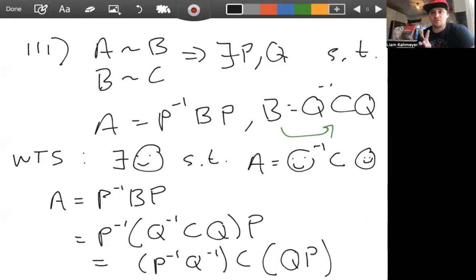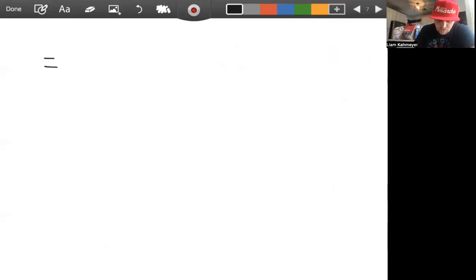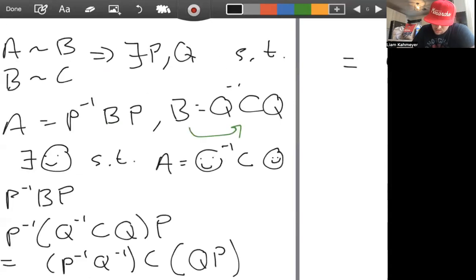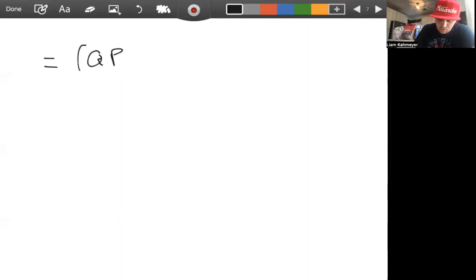And if you remember, a property of the inverse is that when you go from the product of the inverses to the inverse of the product, you have to flip the order. So this is equal to QP inverse C